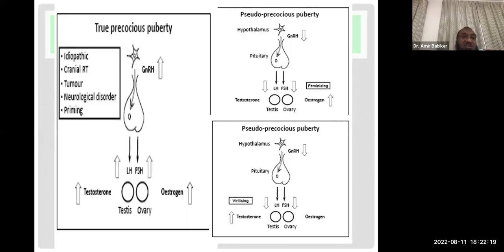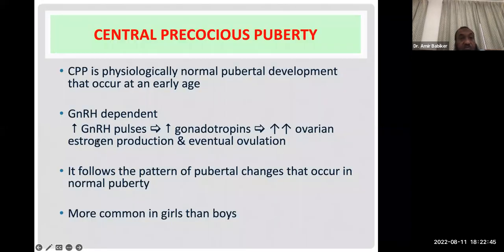اللي هي شنو؟ idiopathic أو anatomical change due to trauma or tumor or irradiation, or can be due to infiltration or inflammation or infection. Priming ده يعني حاجة بنعملها مرات لما نعمل dynamic test, so we give the patient before puberty 3 days doses of testosterone or estrogen and this will activate the axis temporarily. Forget about it لأنه ما حاجة مهمة لكم.